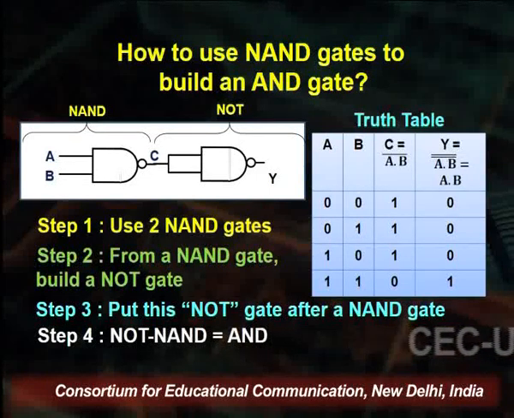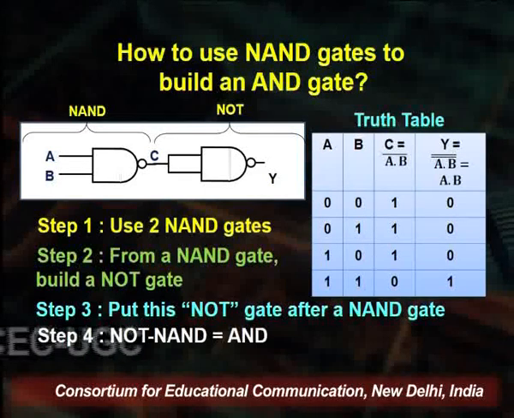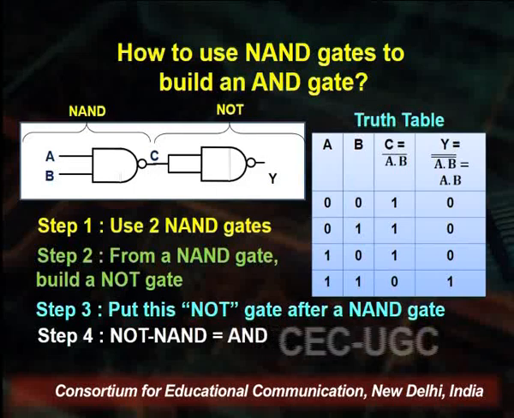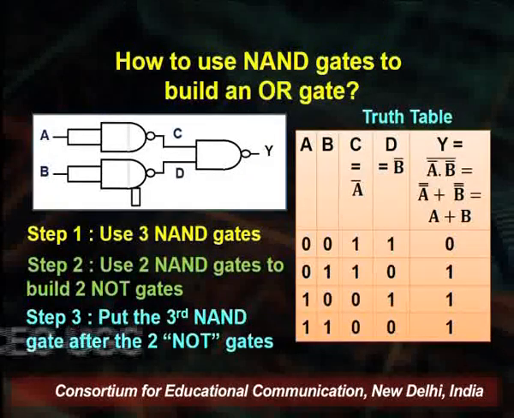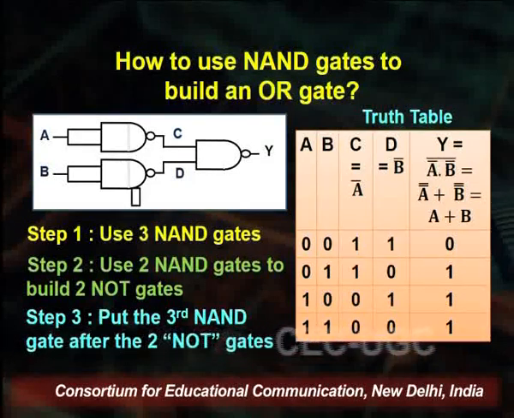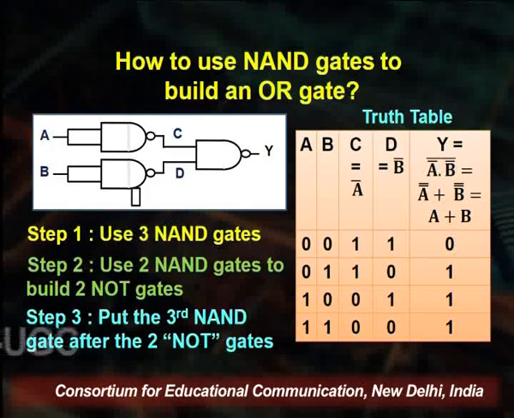Okay. After this, let us see how the NAND gate combination mimics the value of an OR gate. So, in this case, we see that we have 3 NAND gates, and from the figure it can be seen that the first 2 NAND gates are configured as NOT gates. So, effectively what we are doing is we are having the points C and D coming from bubbled NOT gates, which are fixed in the inputs of the final NAND gate.